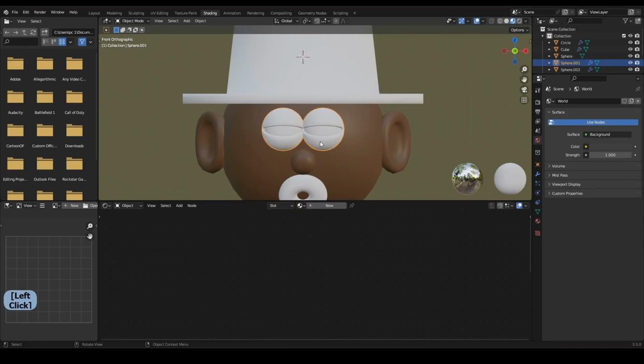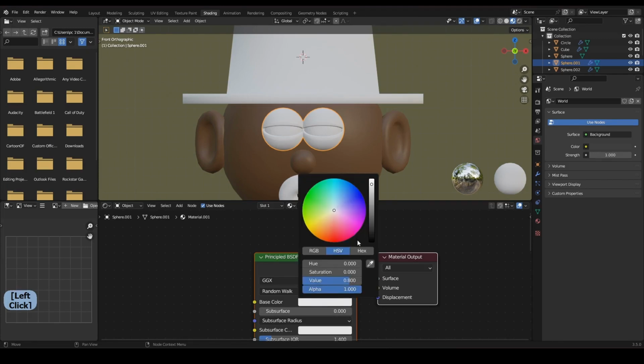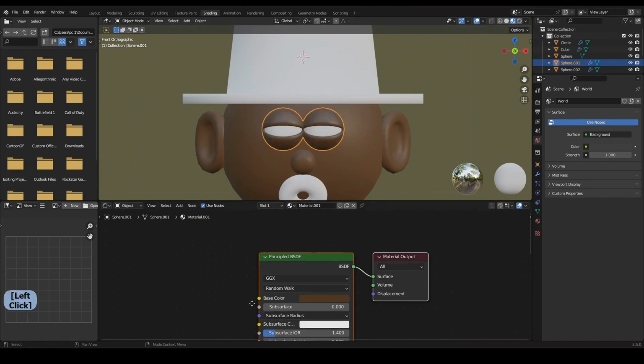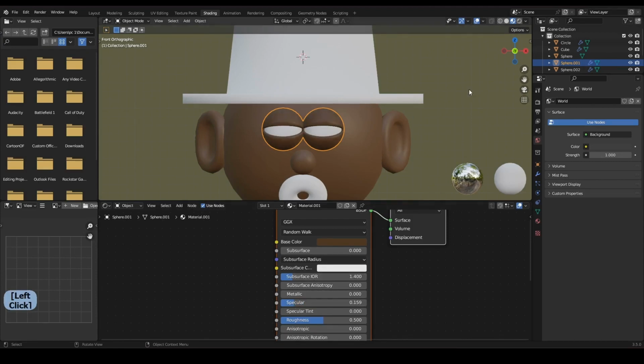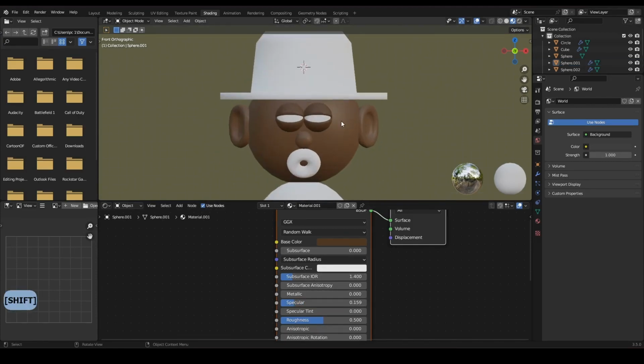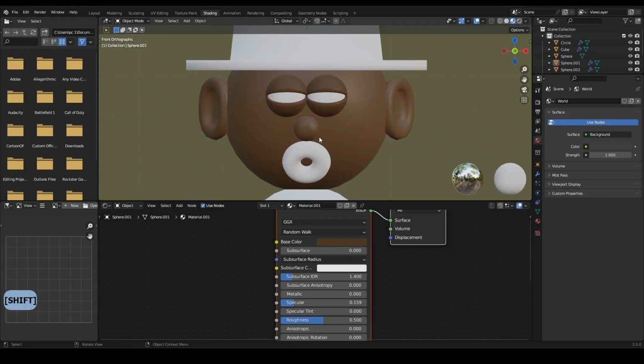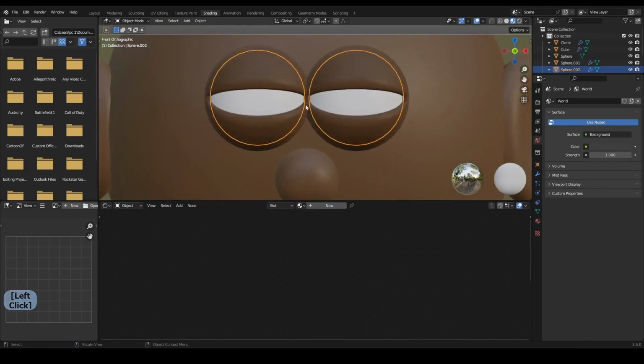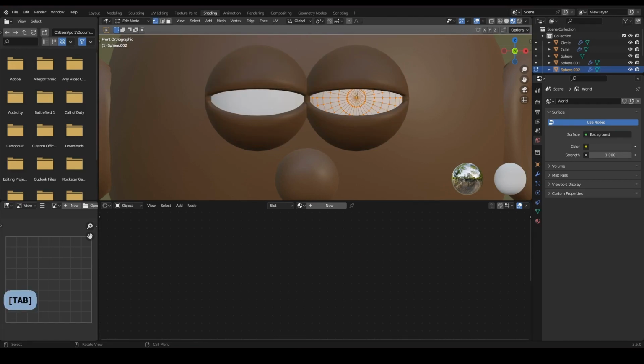For the eyelids, we have to add a new skin material. This one would be a little darker, so I would like to pick this color from here, make this one specular a bit off, and it looks like this, so we have some kind of variation. Now select the eyeball, go to edit mode, select this one and Control and numpad plus to just grow the selection,